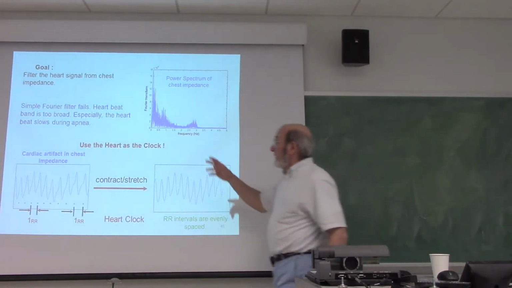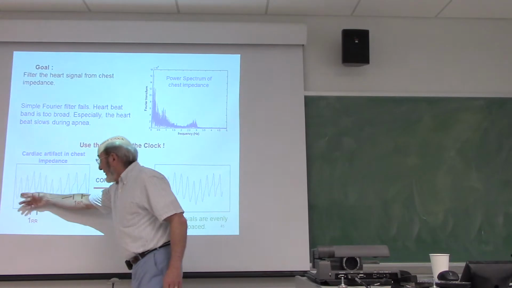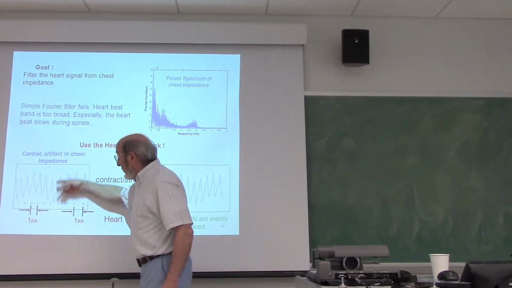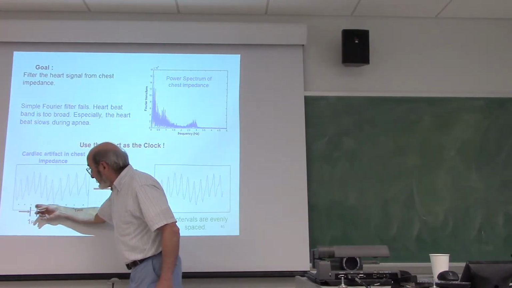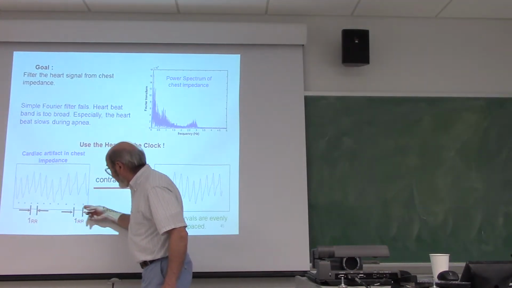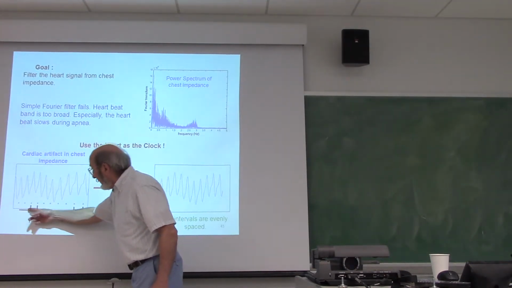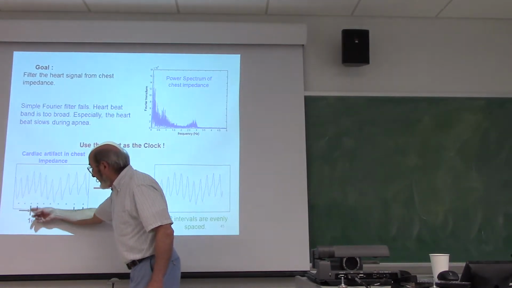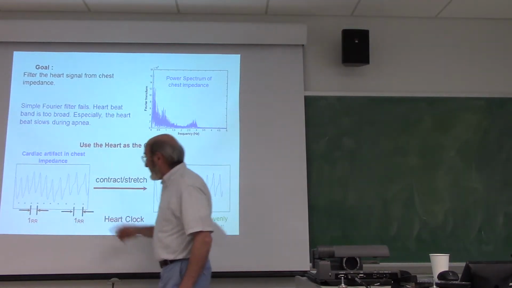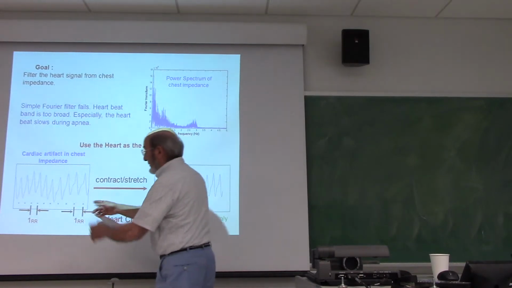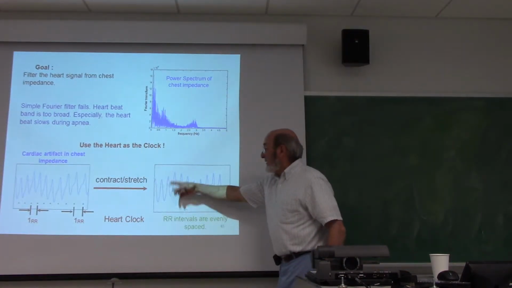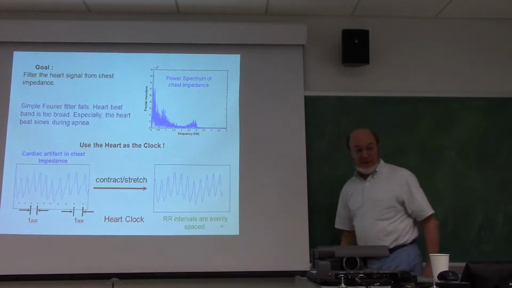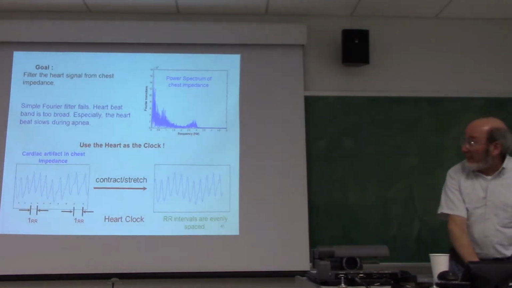Here's what we do. Here's a chest impedance signal, and this is only cardiac artifact. All that is just heartbeats. You see that the heartbeats are a little more rapid here, slower there. Well, let's change the time scale, compress it here and stretch it there, so that these intervals are all equally spaced. Then,